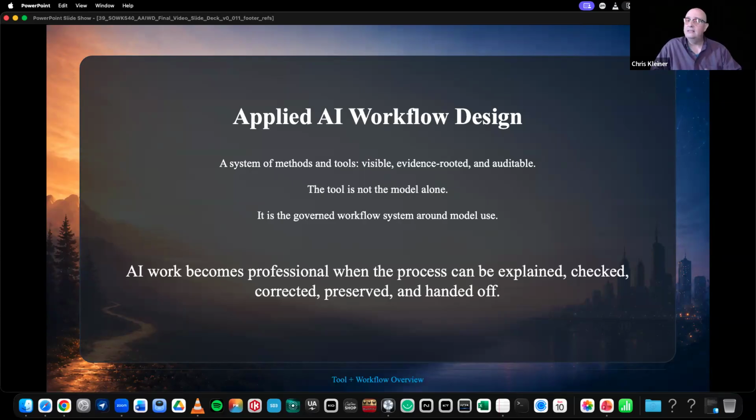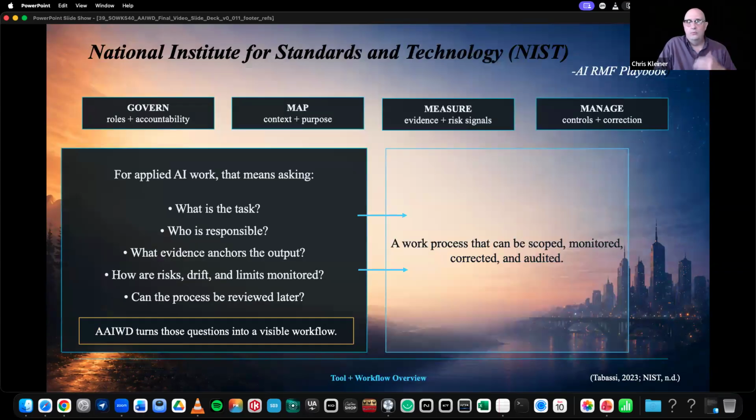They can put out great outputs for a single user, but if that person leaves or the app changes, you're starting over. That's what we're trying to avoid here. There are a lot of standards I've been checking out, but my favorite is the National Institute for Standards and Technology, also known as NIST, in particular the AI RMF playbook, which is pretty dense, but very in depth and very clear. They focus on govern, map, measure, and manage, which is rules and accountability, evidence, controls.